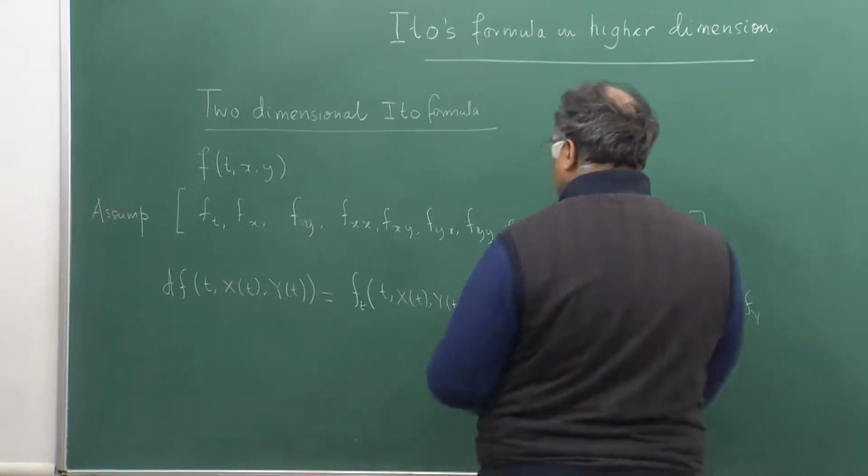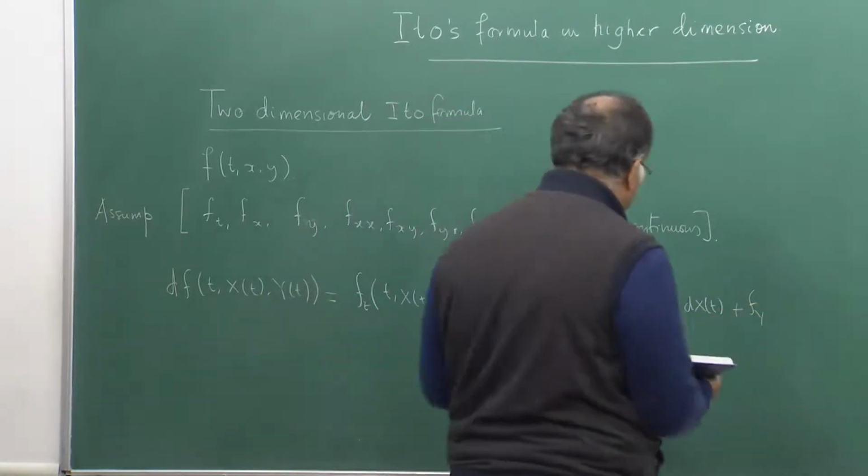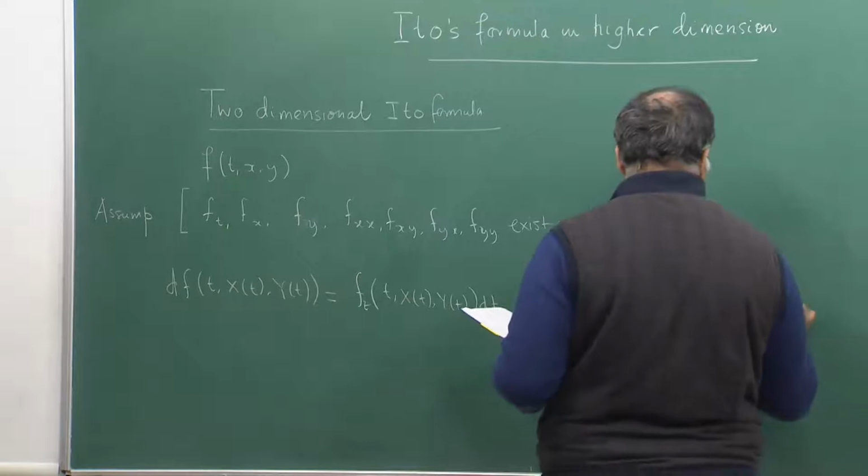So, if I had put W_t here, say W_1, W_2, then it will have W_1, W_2. So, f_y